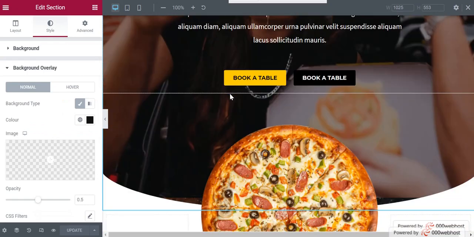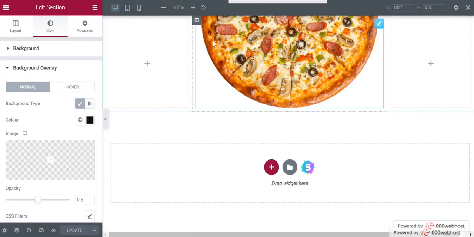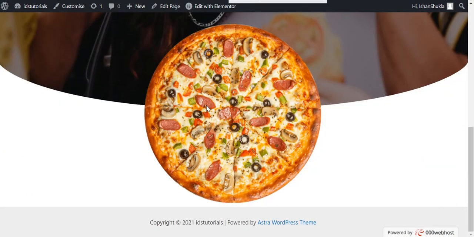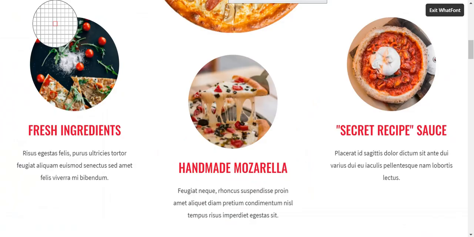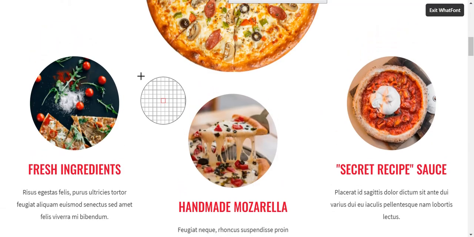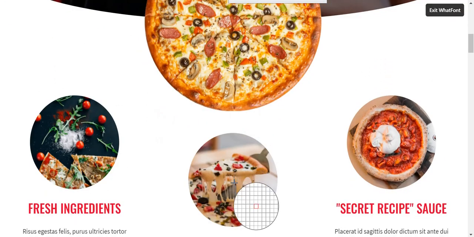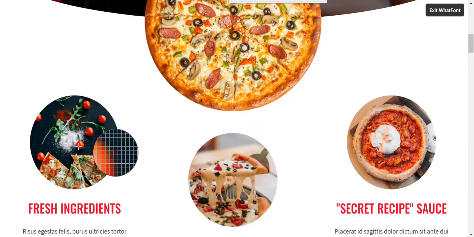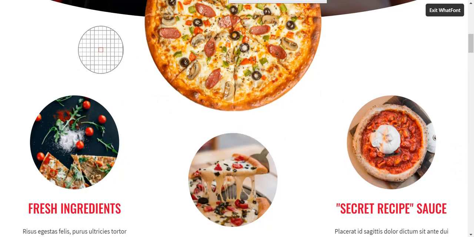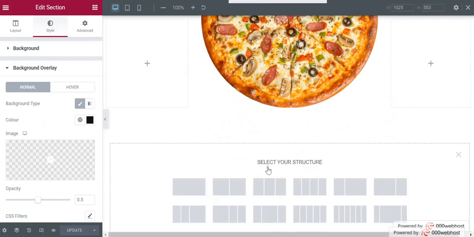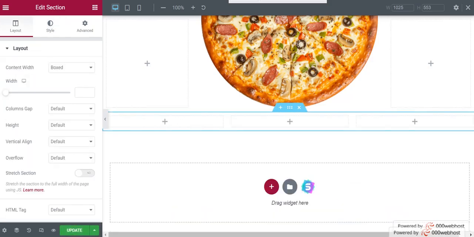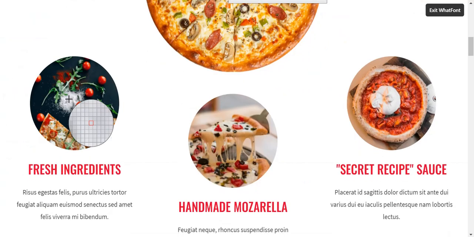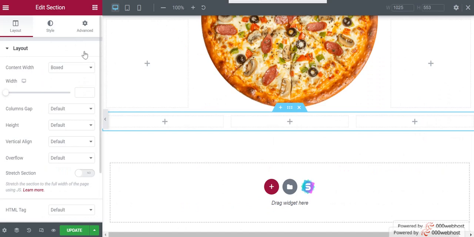So how to do that? Similarly, here it is just below this, and this is at the left and at the right side. So we will add three sections, and with the image we also have text.